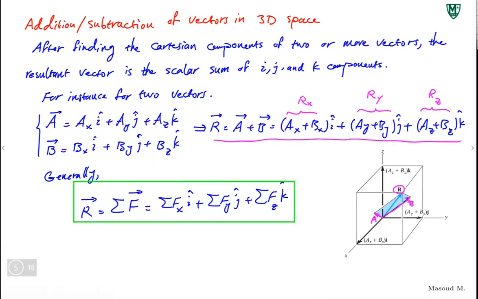So represent the vectors in Cartesian coordinates. Once you know i, j, k components along these three axes, sum up those components, whether they're positive or negative, or you might add them or subtract